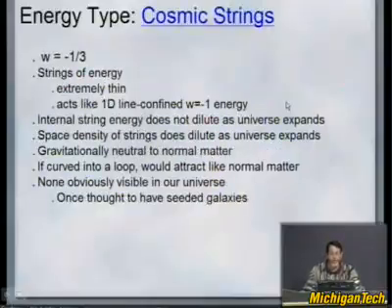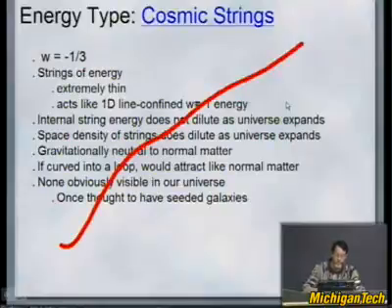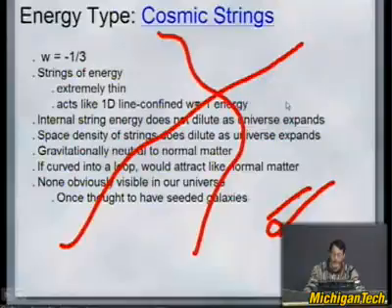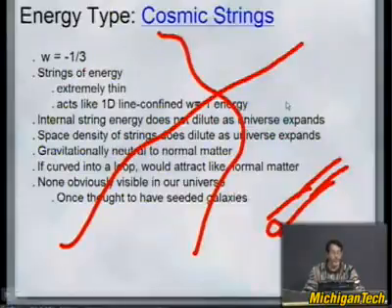The next thing, this is more popular in the literature, cosmic strings, are the next form of mass energy that could exist in the universe that is a perfect fluid in the large sense. These are strings of energy. They're extremely thin. They're not necessarily tubes, but they do have a width if you go right up to them, just like the domain wall has a width. If you go near a cosmic string, if you're a human, you will not feel either attraction to it or repulsion from it. They're gravitationally neutral. They could dominate the universe.